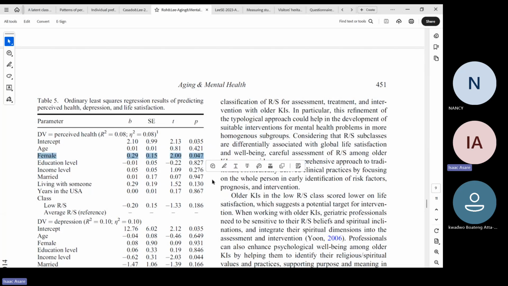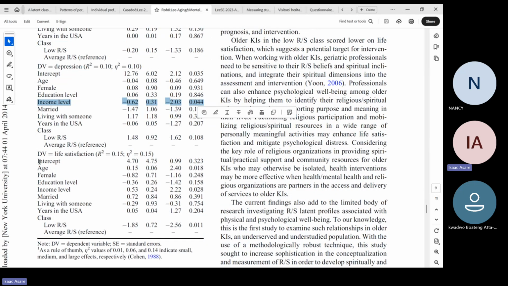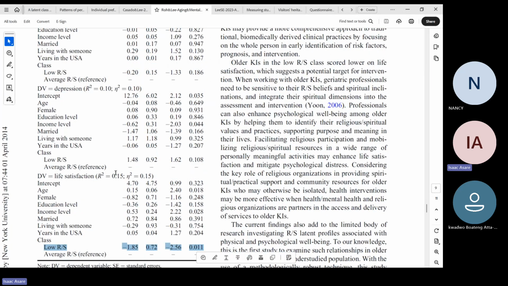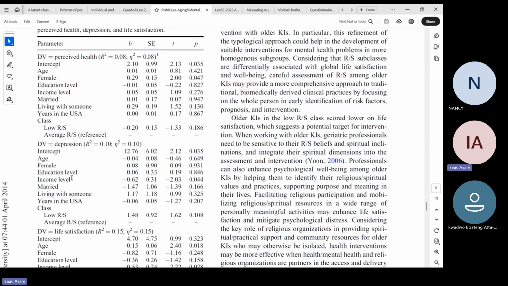In terms of gender, it is showing what's significant, right? And then here too, you had income level showing significant. Then when it comes to life satisfaction, I think age is also showing significant, and income level is also showing significant. And then one of the reference classes is also showing significant. So at least you can say that some of the variables are showing significant impact